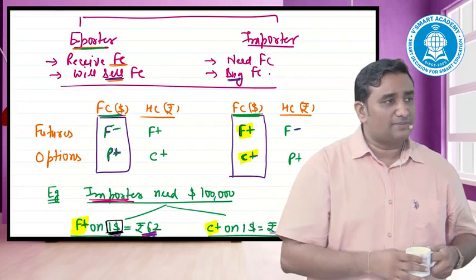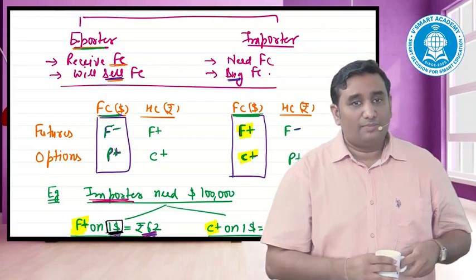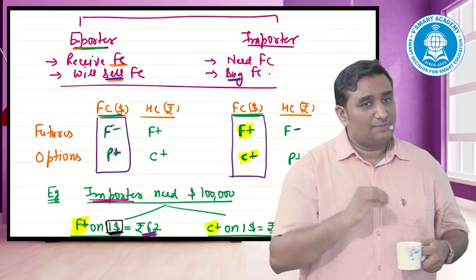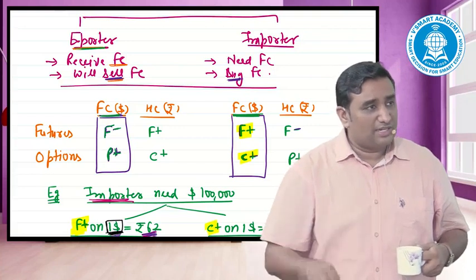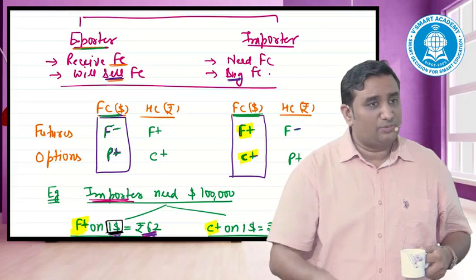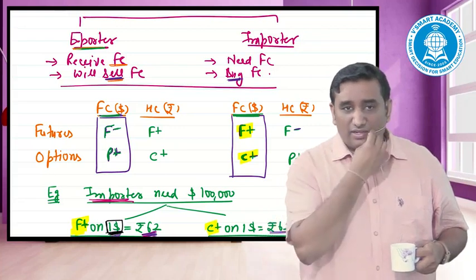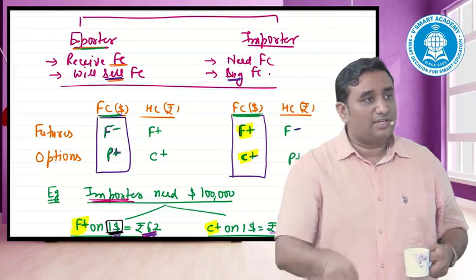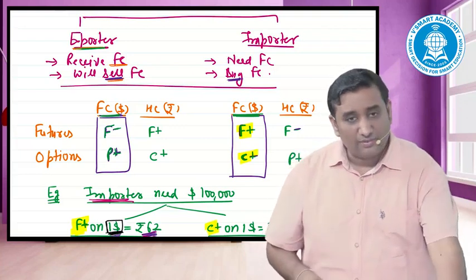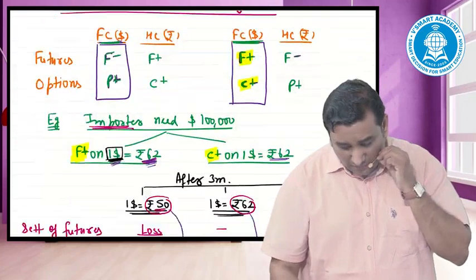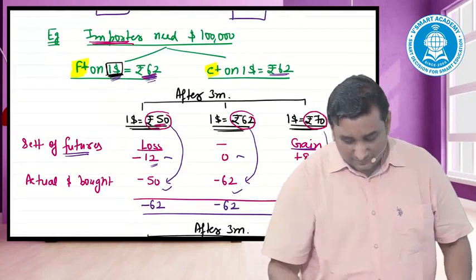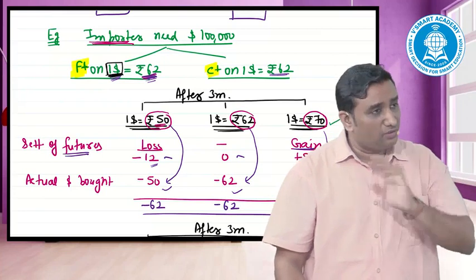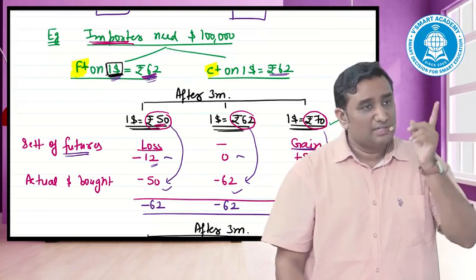Importer basic nomenclature: buy. Buying of a foreign currency. Buying is F plus, C plus. And if I had seen it logically, it is exactly the same. In the previous case, the importer's fear is that he's buying a foreign currency and wants to freeze that rate. His fear is the rate going up. That's why he takes F plus. Sir, why did he take F plus? You can understand logically. If he had not taken F plus in this case, his costing would have come to what? His costing would have been 70.